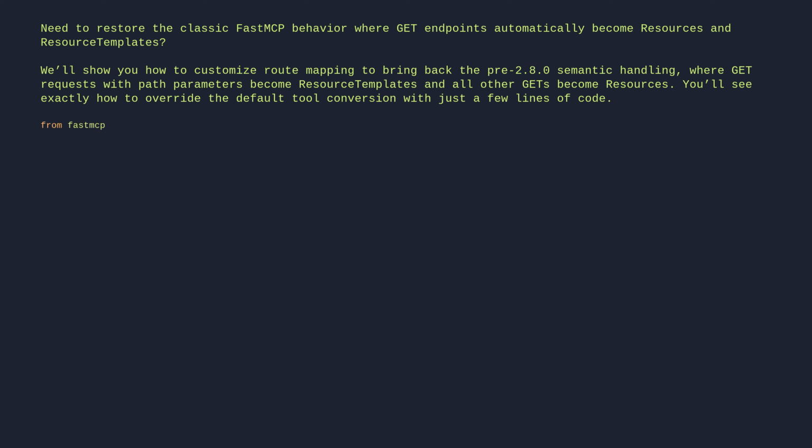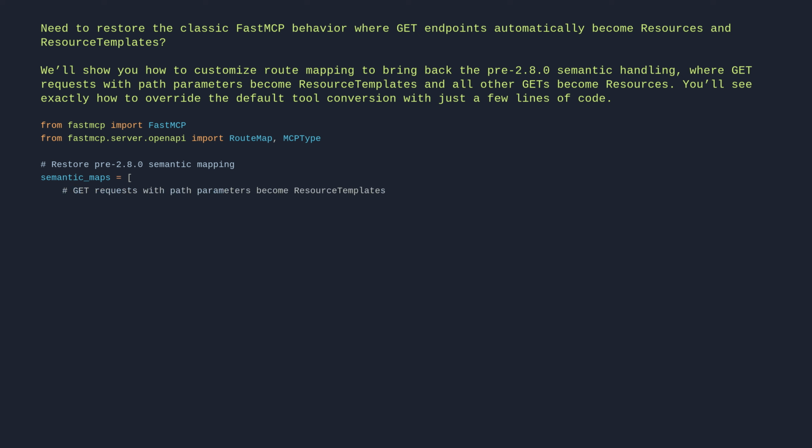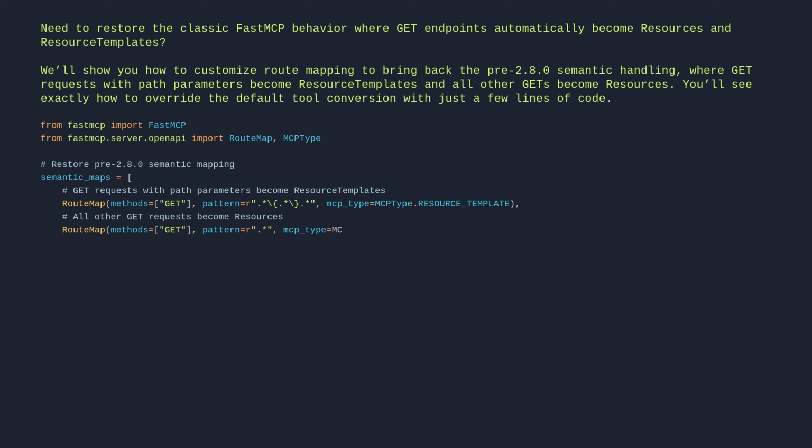From fastmcp import FastMCP. From fastmcp.server.openapi import RouteMap, MCPType. # Restore pre-2.8.0 semantic mapping. semantic_maps = [ # GET requests with path parameters become resource templates. RouteMap(methods=["GET"], pattern=r"^.*\{.*\}.*$", mcp_type=MCPType.RESOURCE_TEMPLATE), # All other GET requests become resources. RouteMap(methods=["GET"], pattern=r".*", mcp_type=MCPType.RESOURCE),